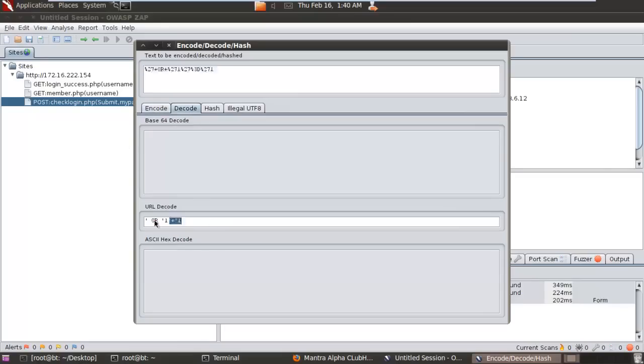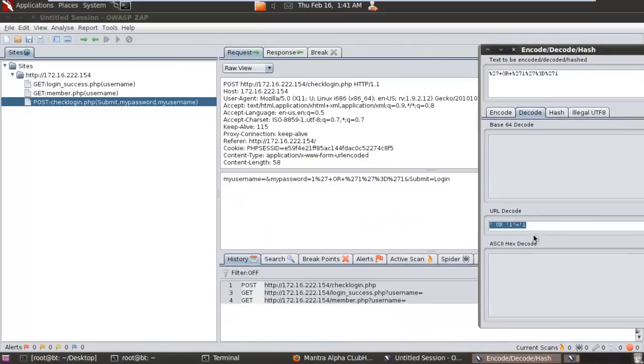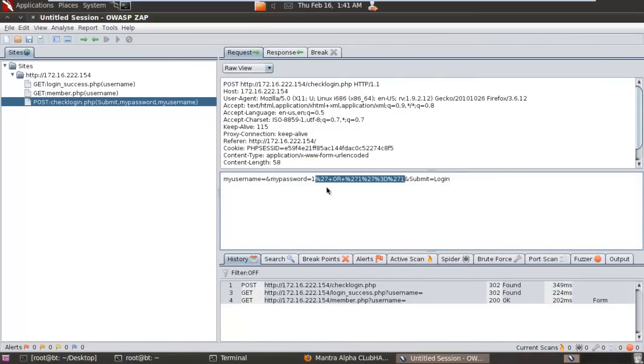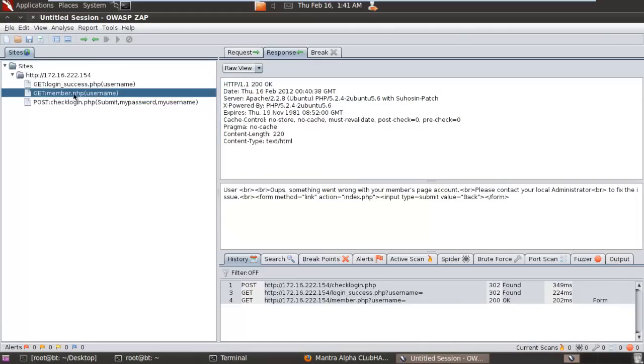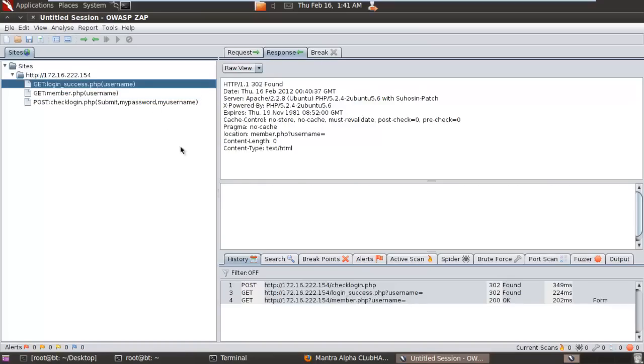This is the decoded value. Then we found a 302 status that redirects us to another page called member.php, and also we are redirected to another page called login success. As you can see,